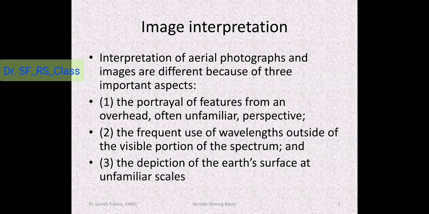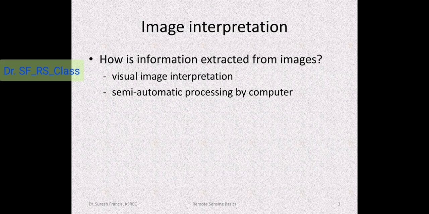Larger scale, very high resolution satellite data will help make objects look familiar, but smaller scale satellite images will give a totally different view of the objects, for which we need to get expertise by experience and by interpreting more and more with the ground truth information. Ground truth in the sense we need to go to the ground and get the right information of the objects that we are seeing on the satellite.